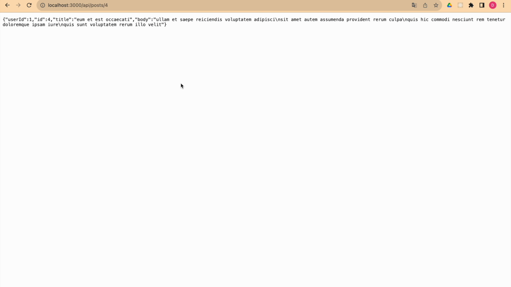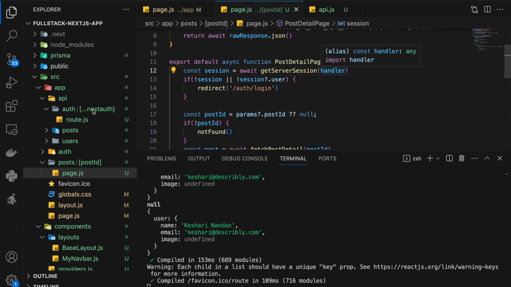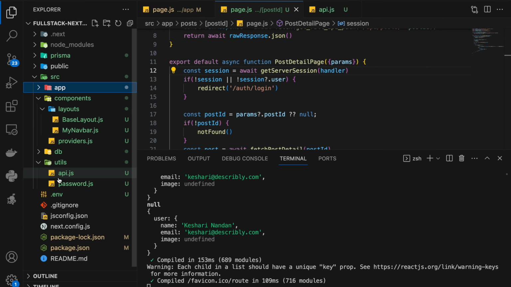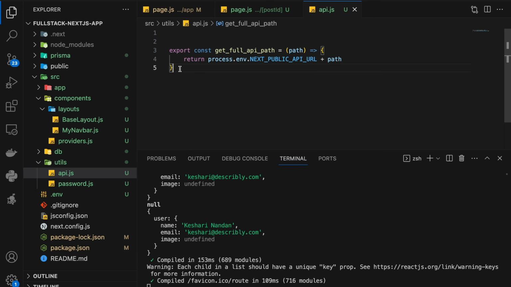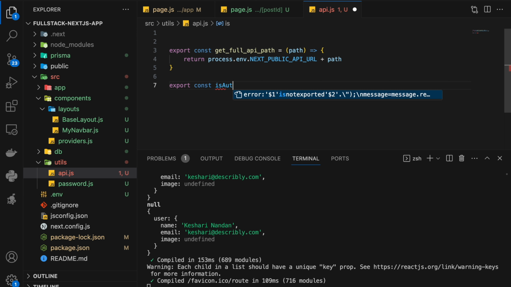So how can we protect this? For that, what we can do, we can create a function and protect this. So we need to check if the session exists or not, right? So here in the API, what I'm going to do, I'm just going to create a function, export const isAuthenticated, and this is going to be async,